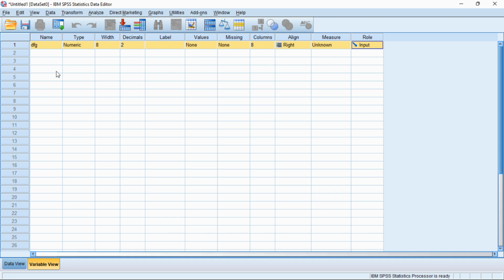So the more data you enter, the more room you get to access these other options, including these ones. Here you cannot analyze. You see, even the analyze section is not functioning because there is no data. So in short, when you enter the data here, the variables, name, values, label actually,